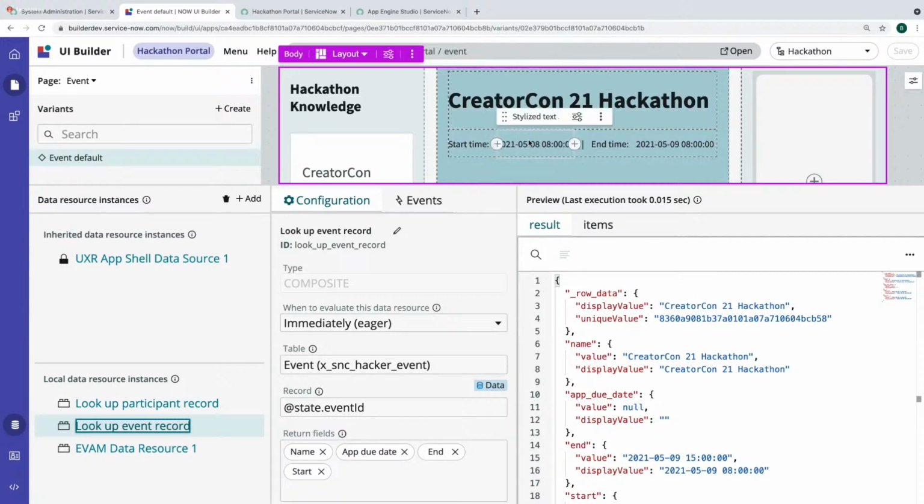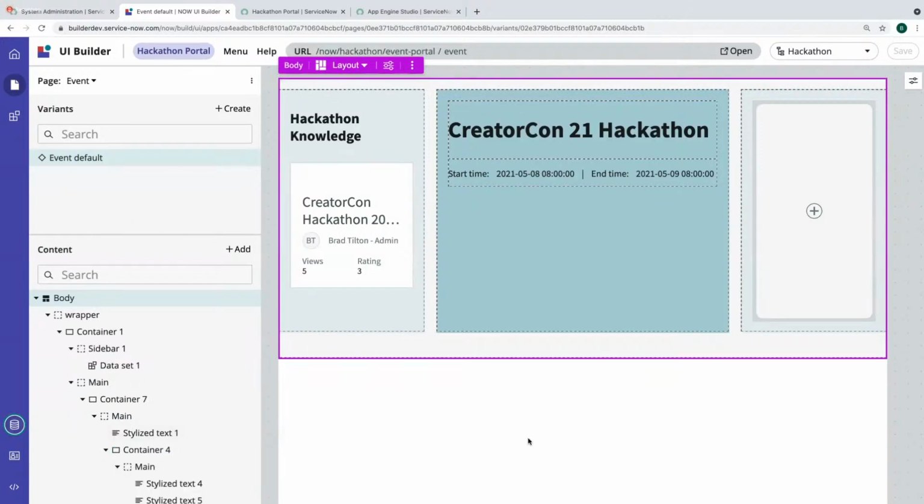You'll notice this is the information from the CreatorCon Hackathon that we ran recently. If you're watching this through the Knowledge site, you can take a look at the Hackathon finale, where we showed all sorts of things that went on at the Hackathon. It was a fun 24 hours and a tiring 24 hours for some people. The apps that were created were really quite good.